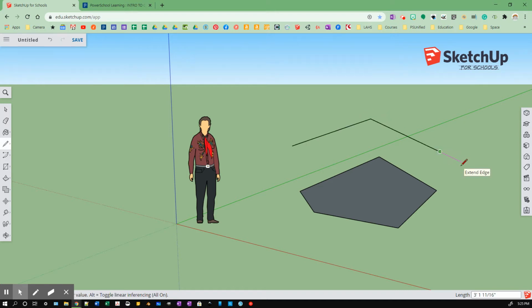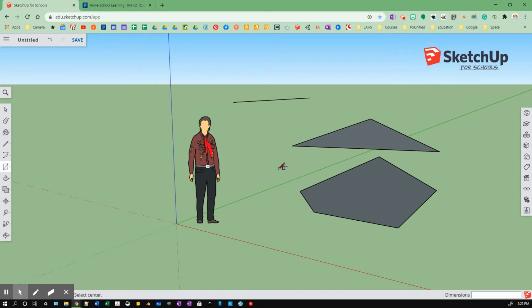Do you see that? Now you can work it two ways. You can do the click and release. It's important to remember that the click and release allows the line to keep going. If I click, hold, and drag and let go, I don't get that additional line, but I do get the inferencing. Do you see that? That's all the inferencing. All right, so L for line tool,